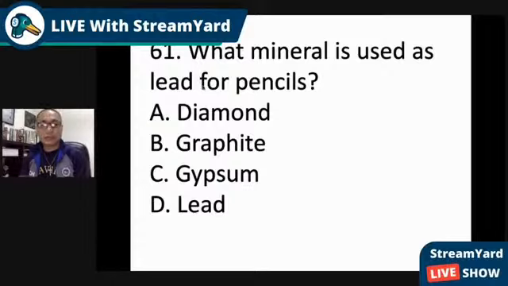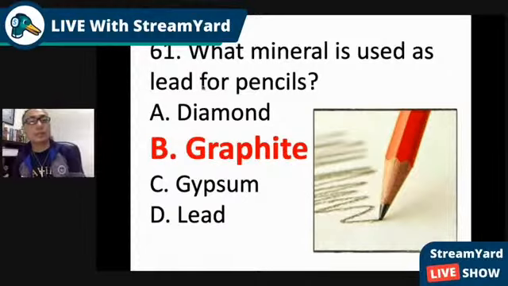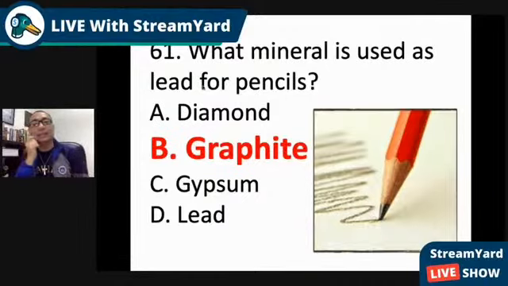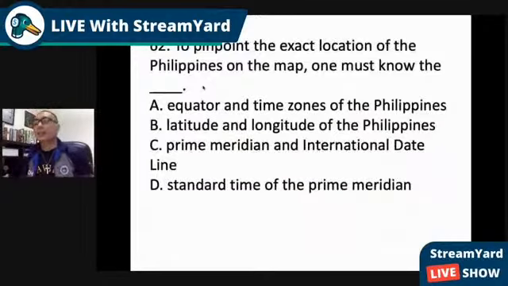So many of us will answer lead, but the answer is graphite. Okay, but I think many of us are answering graphite right now. So thank God. But prior to this, we were led to believe that it's made up of lead. That's why it's called lead. It was made up of lead before, but eventually they learned that lead is dangerous to the health of people, no? Kinakain pa yan ng mga bata yung pencil. So they turned it into graphite, which still works as pencil.